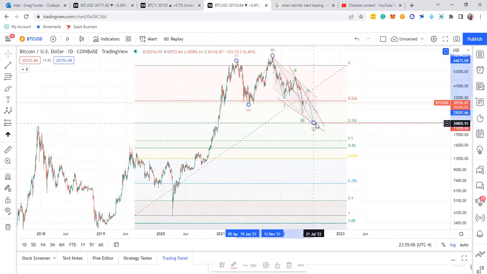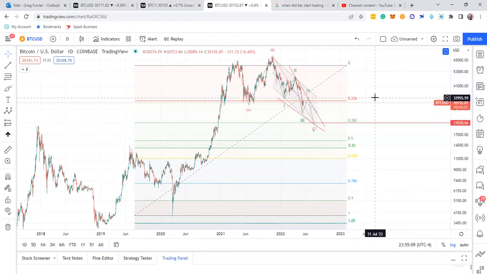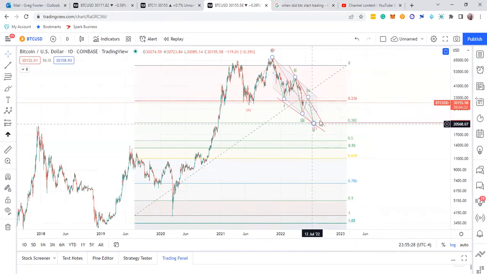What I think it's going to do is bring us down to the 0.382 on the logarithmic Fibonacci levels. That's what I'm expecting it to hit, at least wick down to that 20,000 on this chart. It looks like it's about 20,000, 21,000 more or less. Okay. Now, if it does this move, am I going to say the correction's over? No, I am not. It's going to have to suss itself out. We have to see what it's going to do here, start carving out a bottom, or what's going to go on. I'm not going to be able to call that, so I'll just be paying attention to see what's going on there.